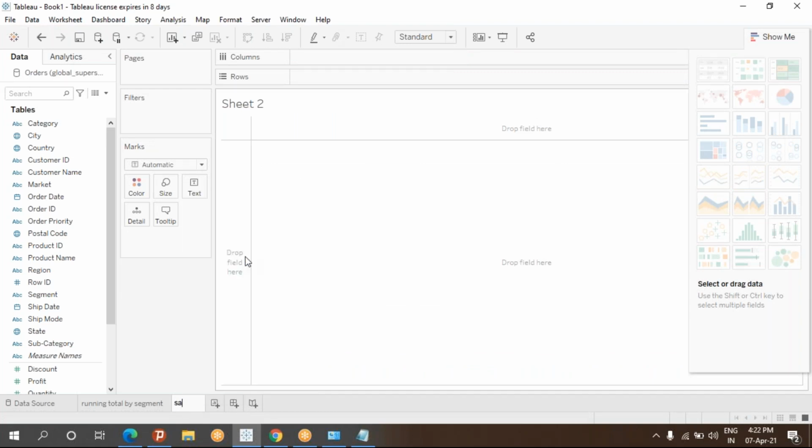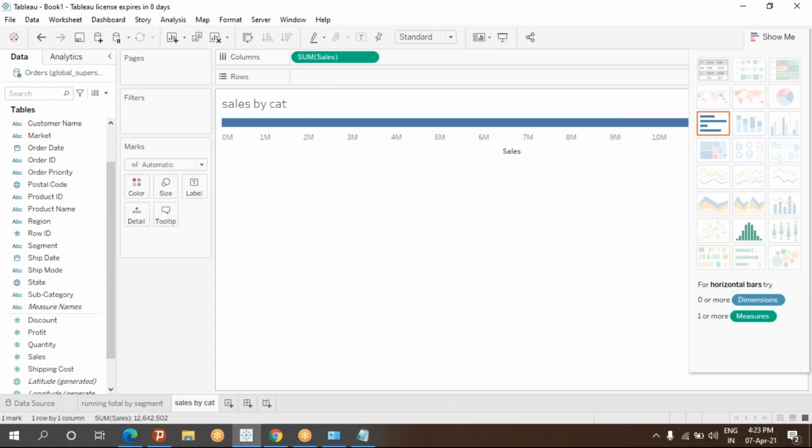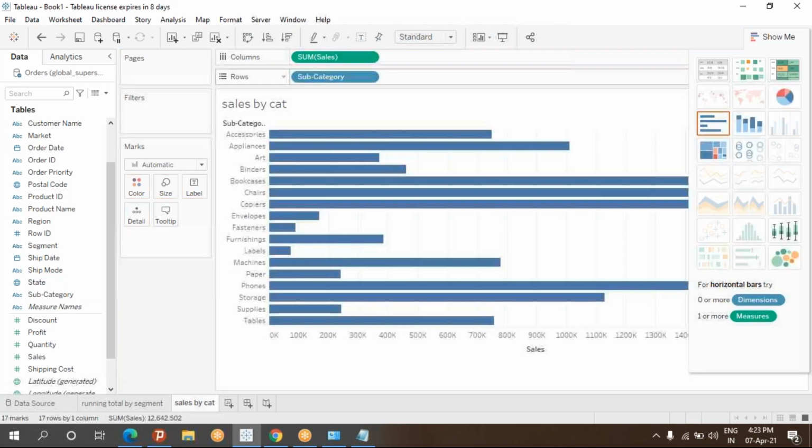This is sales by category. So take the sales, and subcategory or category, you take it. And I will put it into colors also, where I'll get different colors.